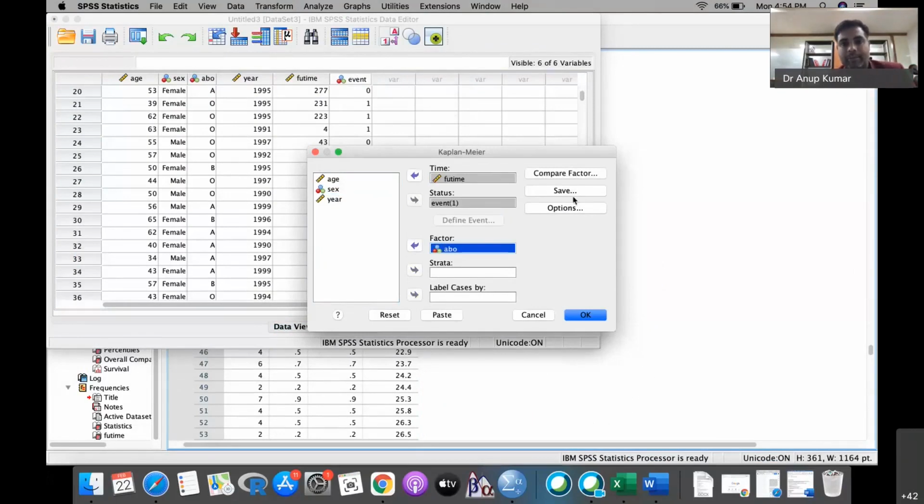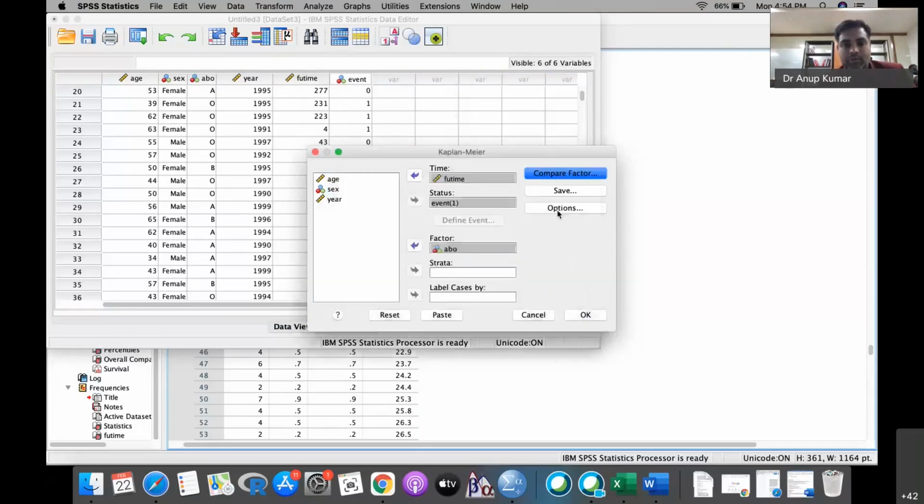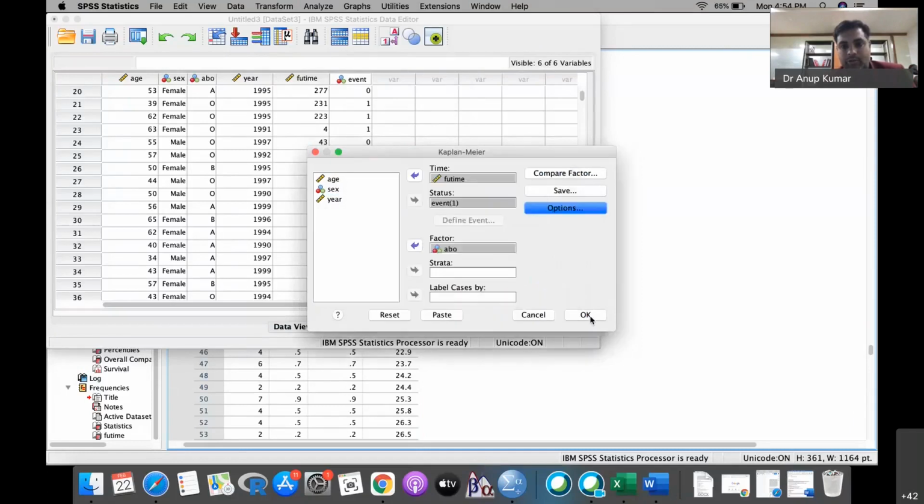Okay, and then compare factor, use the log rank test, continue, and in the options I need the survival curve, I need the 1 minus survival curve, and I need the, what else, continue, and then click OK.